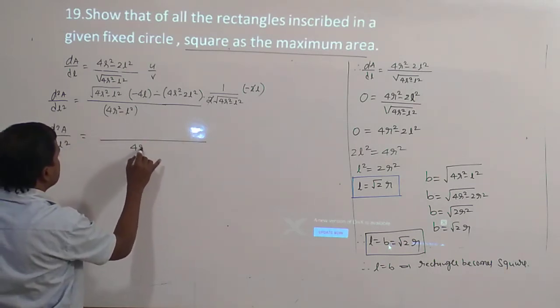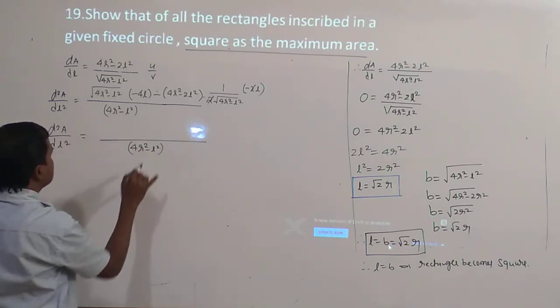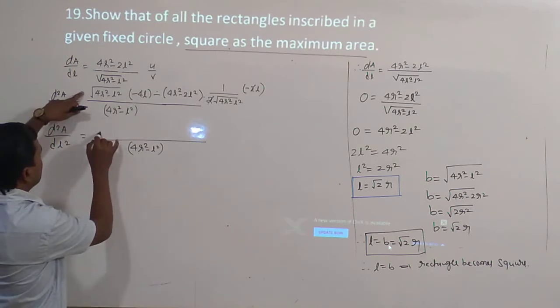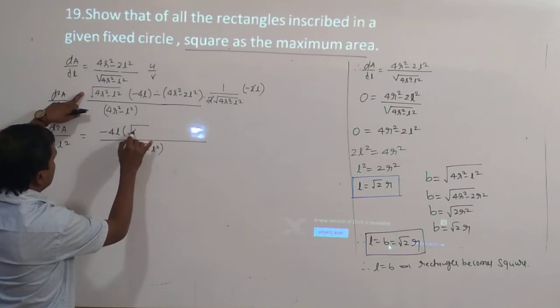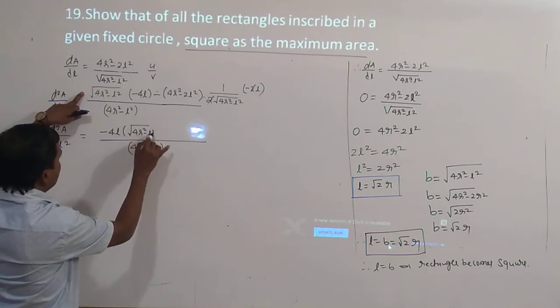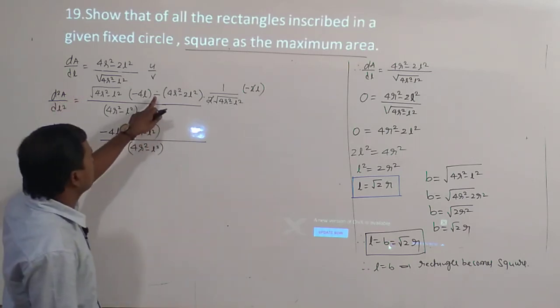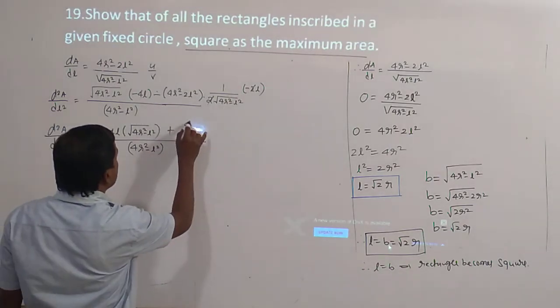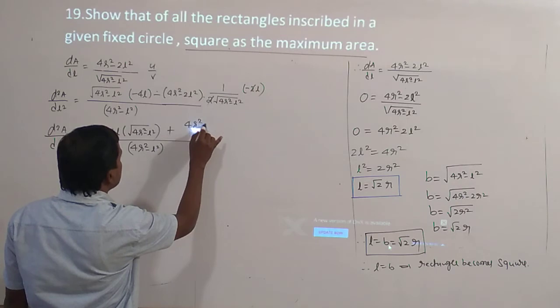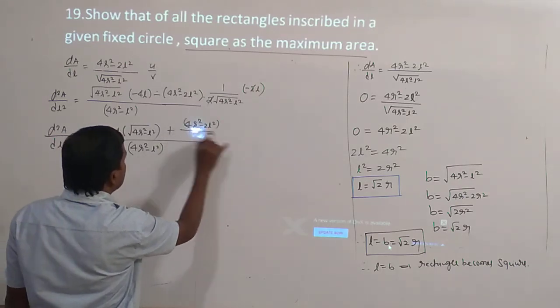here the denominator is 4r square minus l square. So what is the answer? Here it is minus 4l into root of 4r square minus l square. Okay, right. So here minus into minus is plus. So here it is plus. So what is the remaining? Here it is 4r square minus 2l square